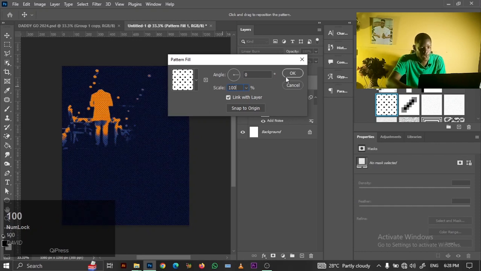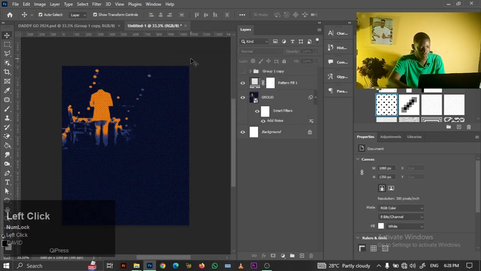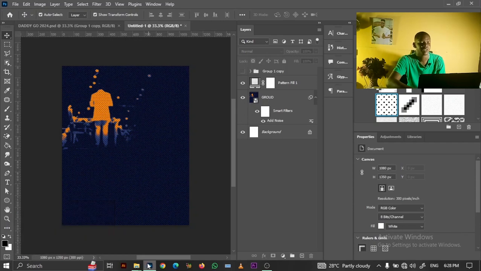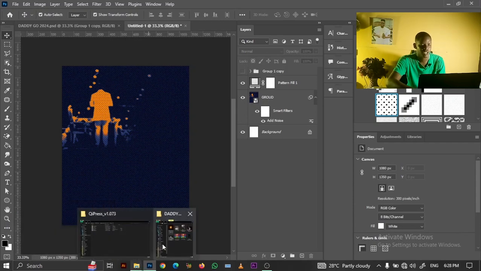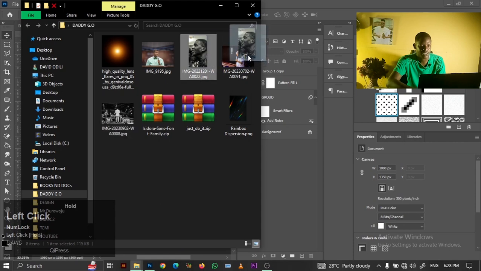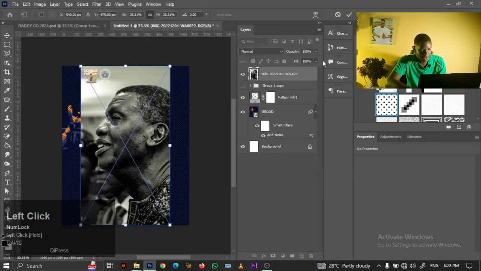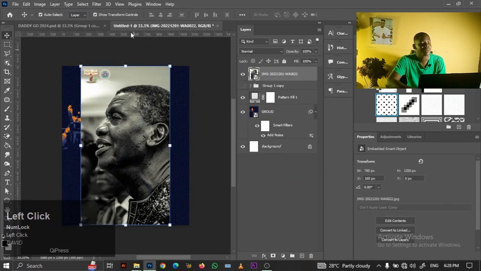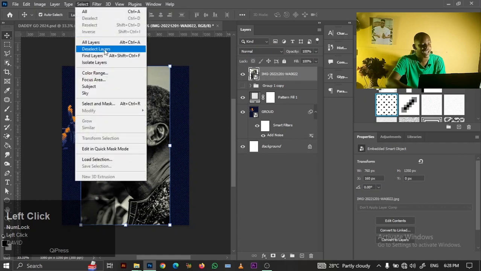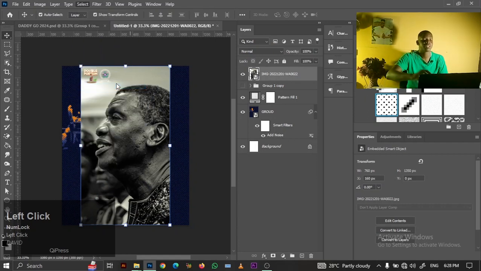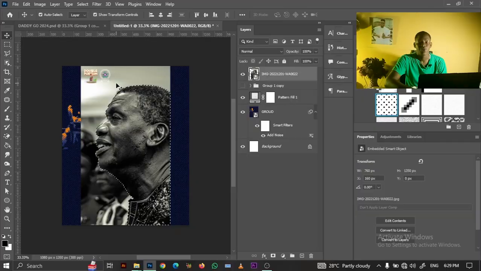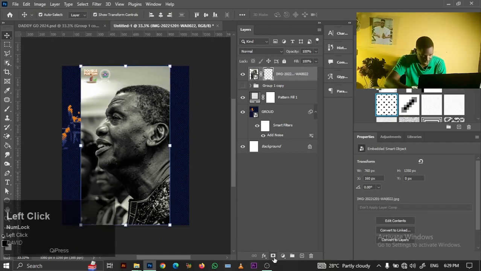All right. Okay, so I'm going to drag my images into this project. I'm going to drag in this one first here. All right, I'm going to click on select and select subject. So it automatically selects my image for me. So it has automatically selected my subject, and I'm going to click on my layer mask here,